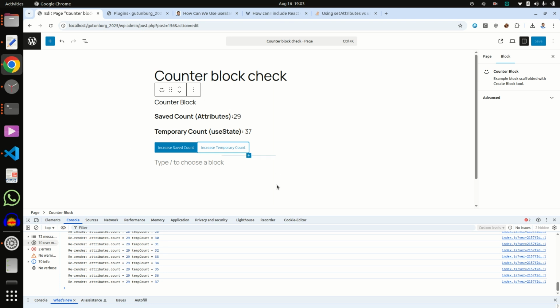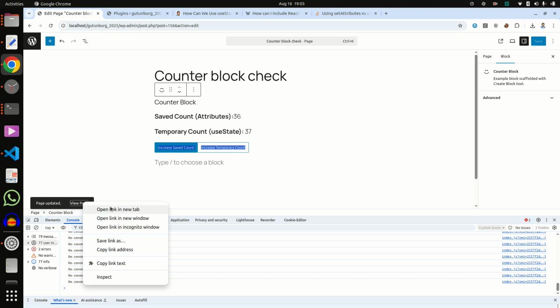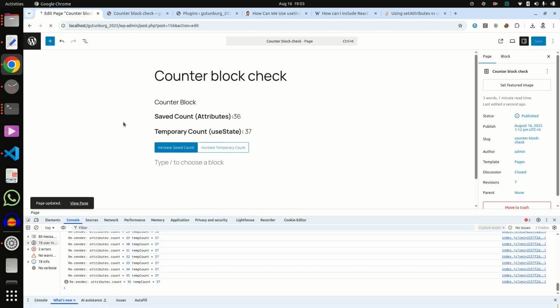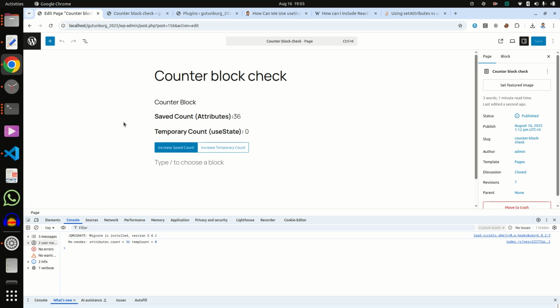But if we talk about the saved attribute, then it is enabling our save data, and it is creating a dirty block at this time. So now check here on the block. Now save count is 36, and when we reload, temporary count is 0 and save count is 36.